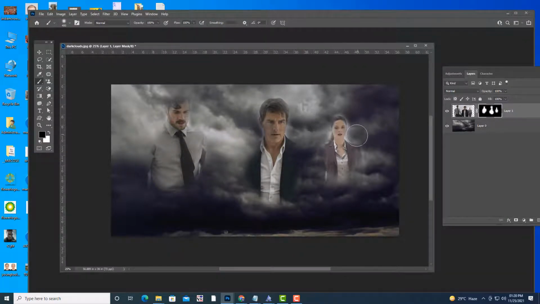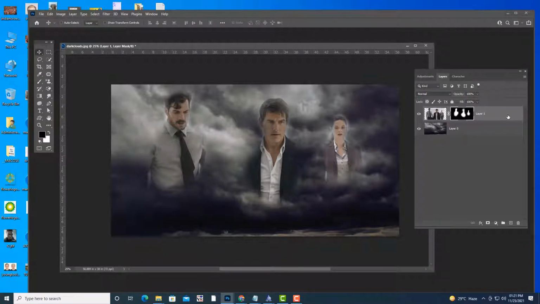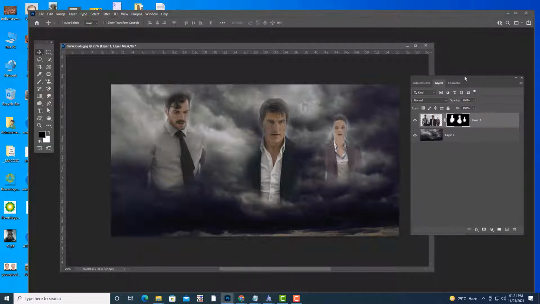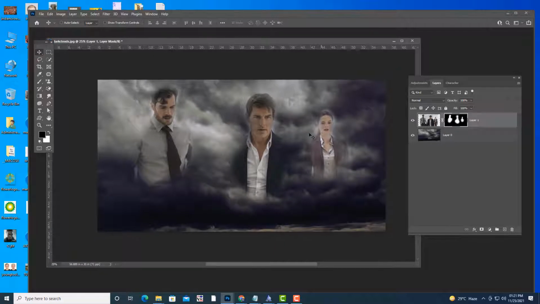So I have adjusted it properly. Now the next thing is, we will take a common layer. How can we take a common layer? I think all of you know this. Tell me, can anybody tell how we can take a common layer?